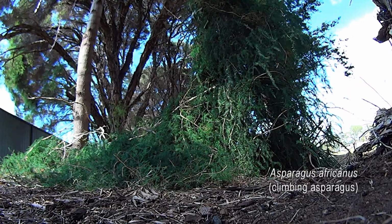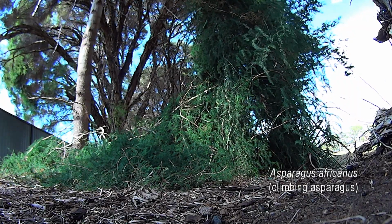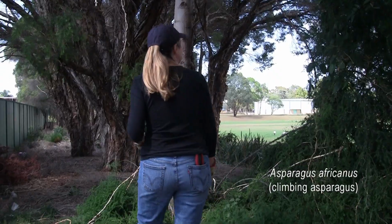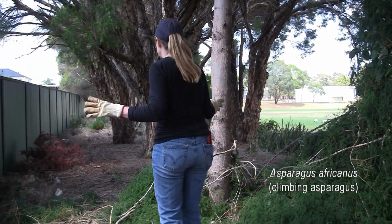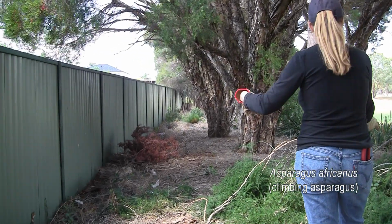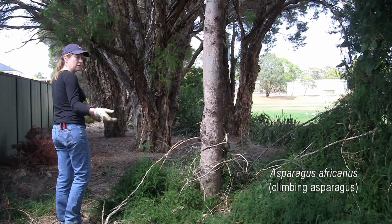Asparagus africanus is typically considered a tropical or subtropical species, and the current distribution of it is restricted to probably northern New South Wales and southern Queensland. But we've actually just found this infestation here in urban Sydney. This is very typical for asparagus weeds. They've come over the garden fence, been tipped out, and this one is doing really well here in an urban